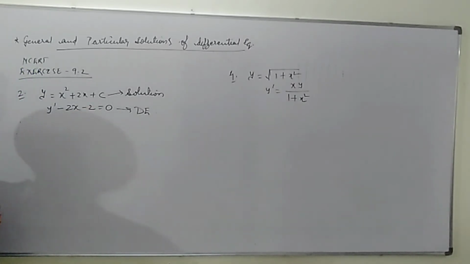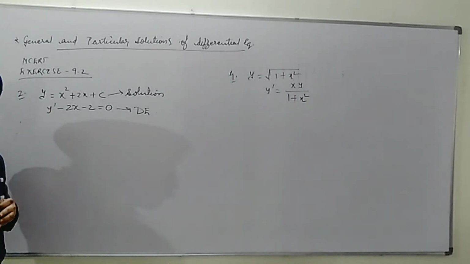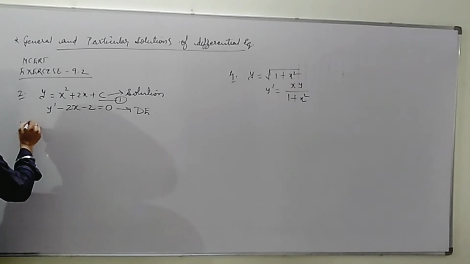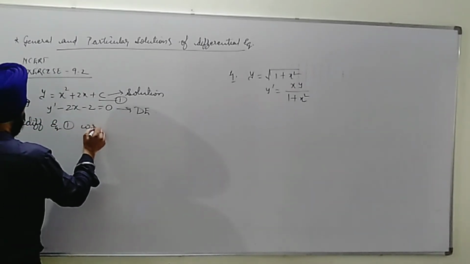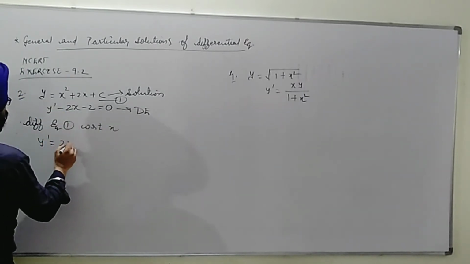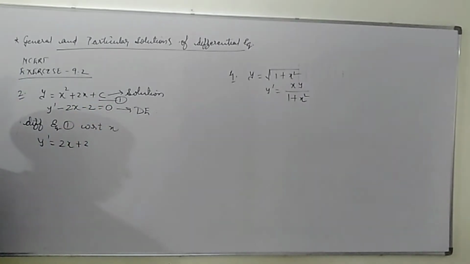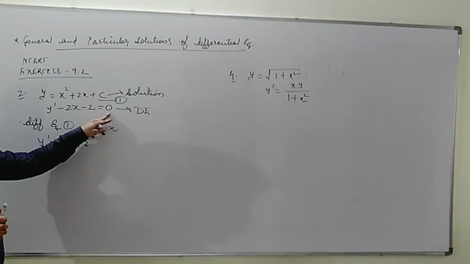So what we have to do? As I said, whatever order is required in the equation, accordingly you differentiate the given solution. So this is equation number 1. Consider I see y dash only is needed. Differentiating equation 1 with respect to x, I find y dash as 2x plus 2, and the derivative of c becomes 0. Now I have y dash minus 2x minus 2 equal to 0.